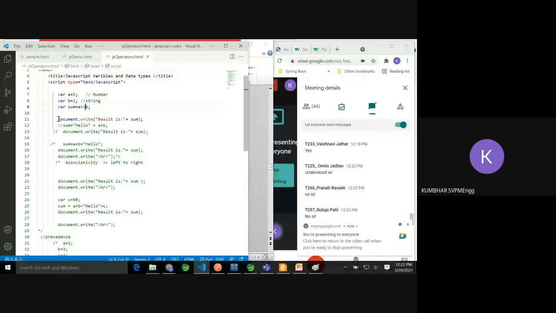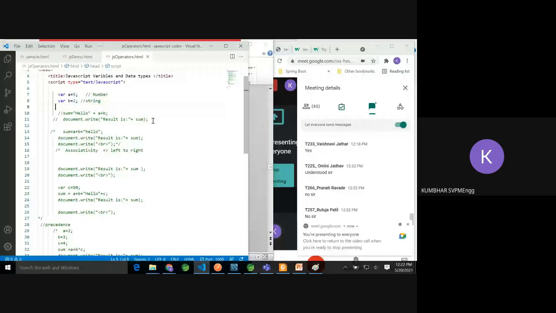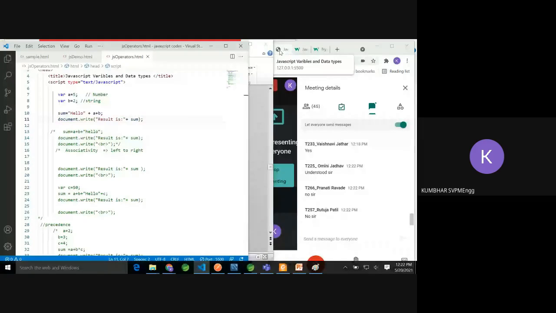Let's say, I'm deleting this code now. If I am going to concat a string, how does it work with the string? Let's say a equal to 5, b equal to 2, and I am writing sum equal to "hello" string plus a plus b. So what will be the result? Anyone, what will be the output?